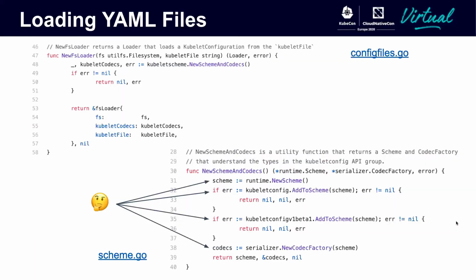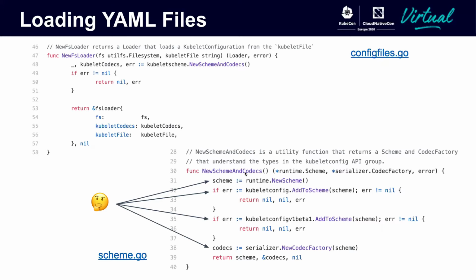All right, so the first thing I did, I loaded up the editor, jumped right into the code, and dug a little bit through the Kubelet code base. And I found this function, right? The FS loader. It takes a file system and a Kubelet file as a string. The file system is just an abstraction, basically, for testing, whereas the Kubelet file is the path to the actual Kubelet YAML. And what does it do? The first line here, in 148, it returns a Kubelet scheme and codecs, like here, right? I didn't really know what that was, so I followed the function.